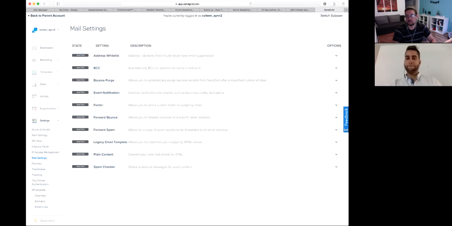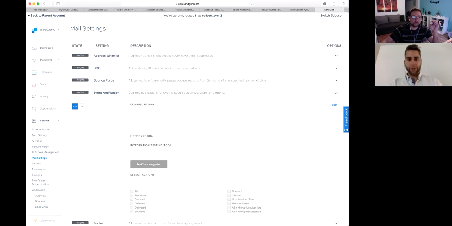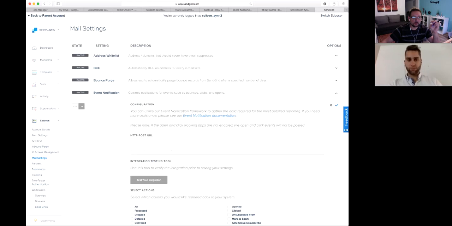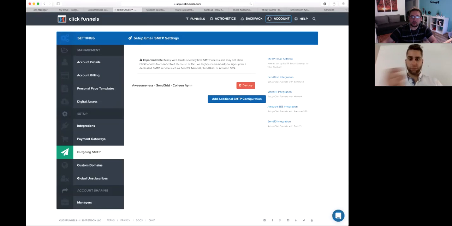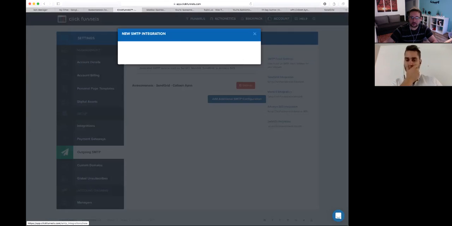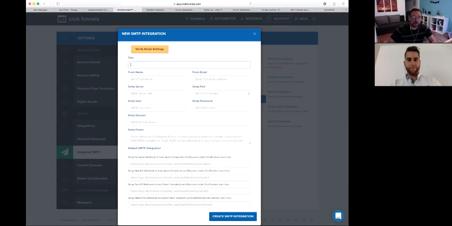Yeah. Okay. So here under mail settings, we want to go to event notification. We want to turn it on. And then we need to paste in a URL here, which we get from the actual ClickFunnels account. It has to be specific to this user that we're working with. So we can add SMTP configuration here. And then typically I'll call it SendGrid Awesomeness and